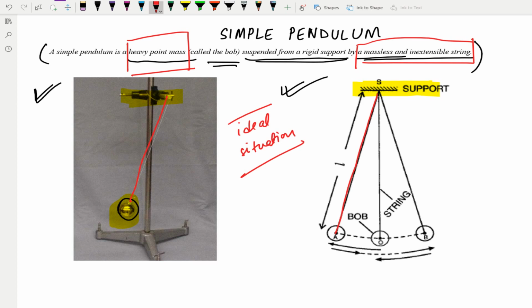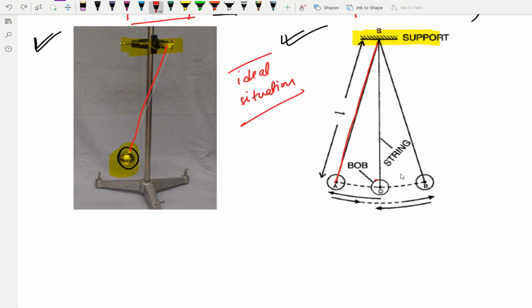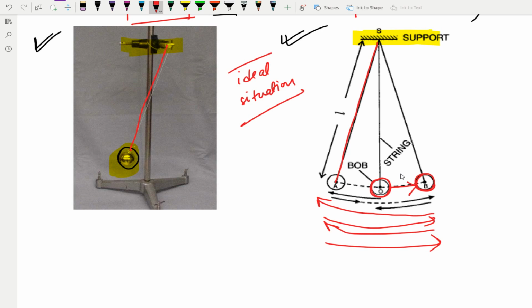So I think you have a basic idea what a simple pendulum is. Any heavy object or any small object, if you take it, tie it with a string and hang it to a rigid support, that becomes a simple pendulum. Understood? This bob, when it is at rest position, is taken to this side by applying a force, and when in this position, if we release the bob, it will move in this direction and then again go back here, and then it will repeat this to and fro motion. So this will do a periodic motion to and fro, following the same path and having a fixed time to move from one end to the other.